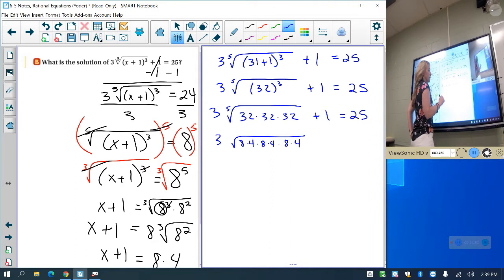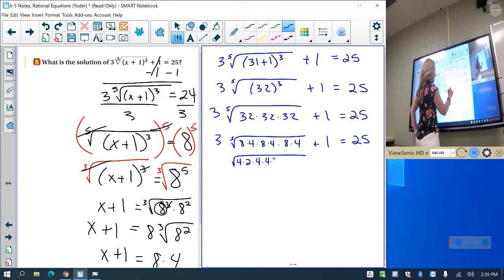So I'm looking for perfect cubes here, or perfect fifths. I'm not there yet, but I can see I'm getting close. I'm going to have some 4s. So I have 4 times 2 times 4 times 4 times 2 times 4 times 4 times 2 times 4. So we have,